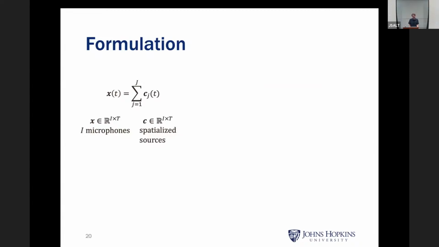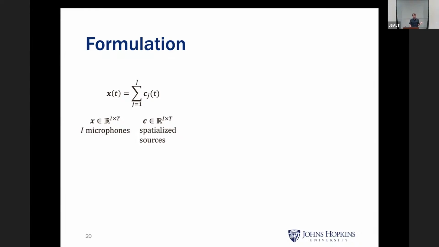So I have one slide of math that's kind of nasty, but don't worry about the math, because this formulation can get pretty complicated. So this first equation that I put up here, we're modeling our input mixture X. This is no longer just a mixture of sources, but rather it's a spatialized mixture. So this is essentially an array of observed signals. There's one waveform for each microphone, and we stack it into a matrix, say. And then rather than a sum of sources, it's a sum of spatialized sources, because basically, if we have